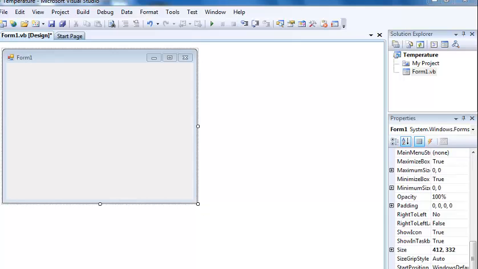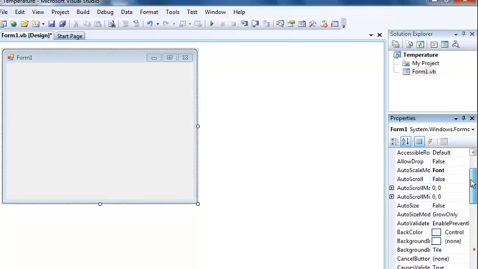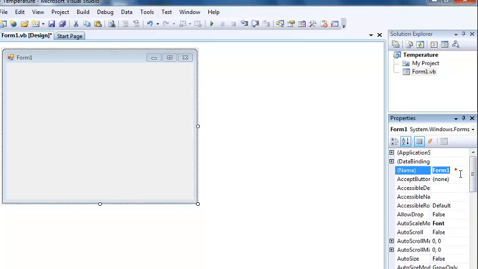Hi, this program is a temperature converter. So I will start by naming the form. It's going to be known as FRM temperature. That's the name of my form. FRM temperature. And this text right here, I will change that to